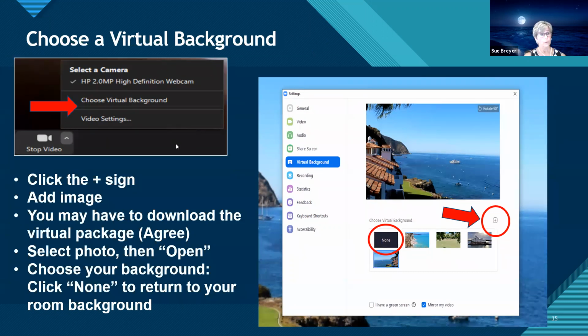All right, so on that same menu where the video camera is, remember the first one was select a camera. The second says choose a virtual background. Okay, why would you want to do that? Well, number one,